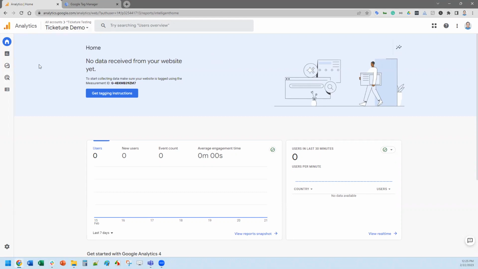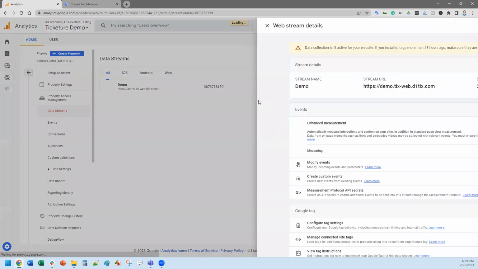If you're new to Google Analytics, there are great articles out there on how to get all this started. Sign up for an account, all that. I'm going to have to skip over that, especially since a lot of you guys are UA users already. You probably have an account. You'll just create another property underneath. So at this point, get the tag instructions if you want, and I'll walk you through the process.